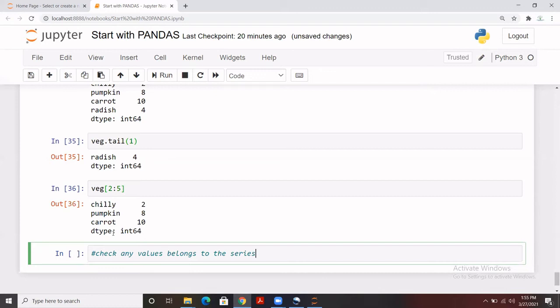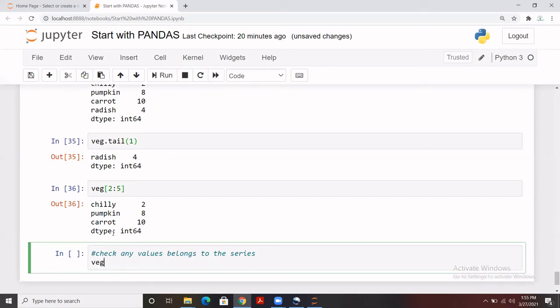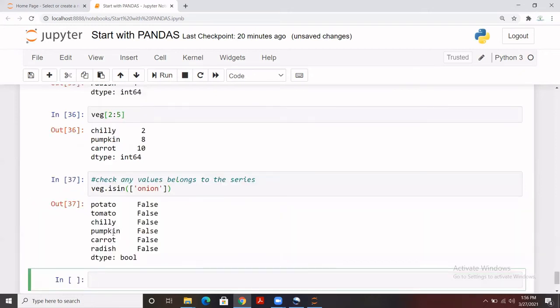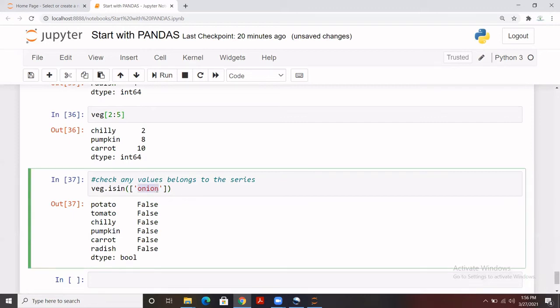For example, here in the wedge series, I need to write dot isin to check that value, and I have to pass the value. For example, let's say onion. When you run it, it gives you False, meaning there is no onion in this particular wedge series.